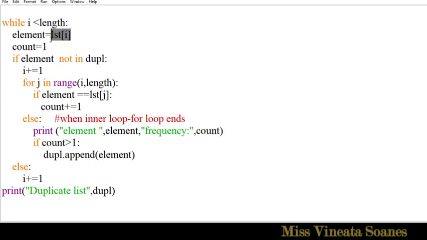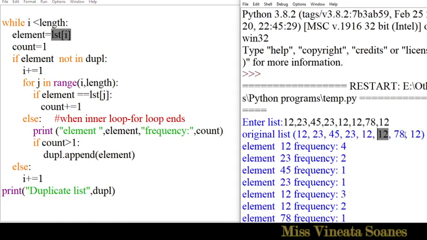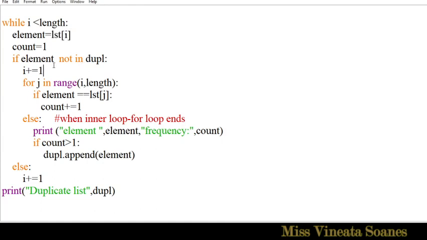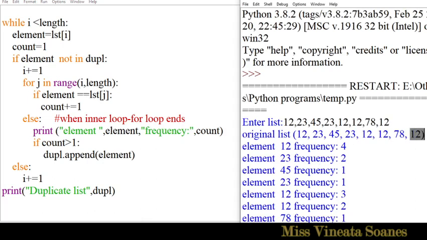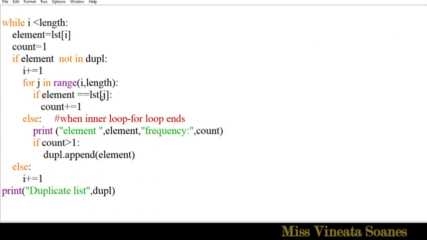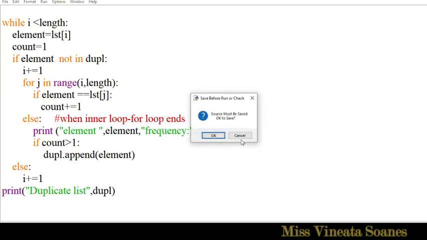Then now the list will move to the next one, that is 78. Now when 78 comes, not in DUPL, yes, it is not there, so it's true. So then i will get incremented, and you start checking 78 if it is equal with the rest. But if it is there in DUPL, you're not going to check anymore. Hence now, if I run this,